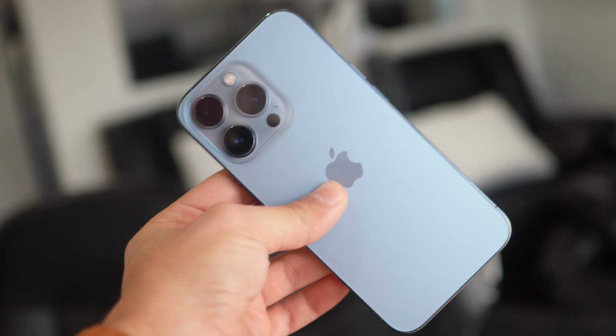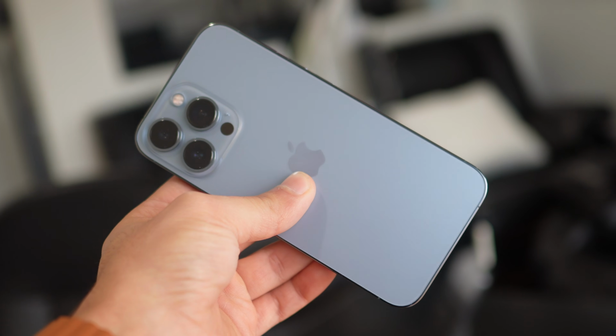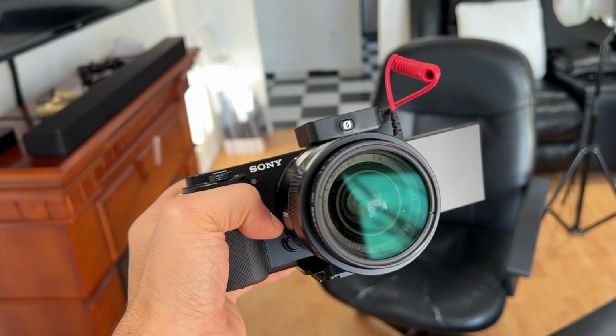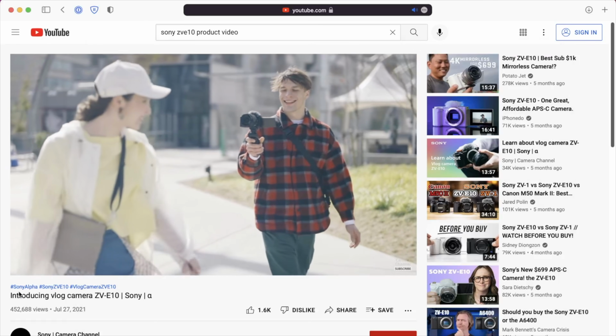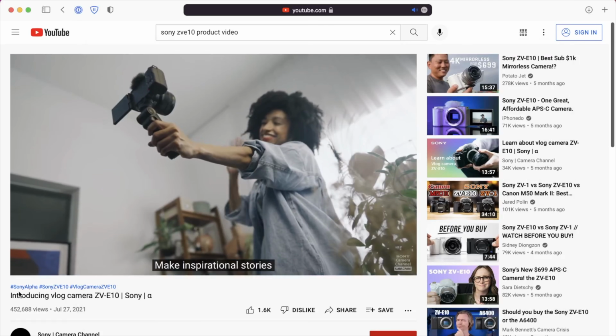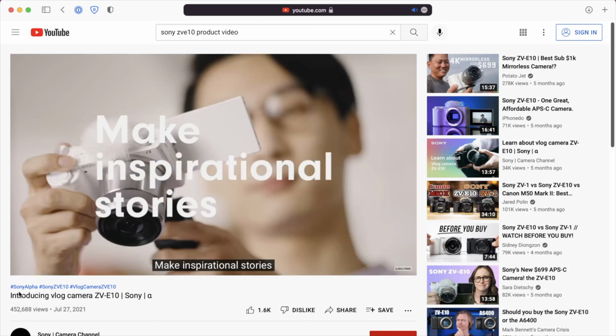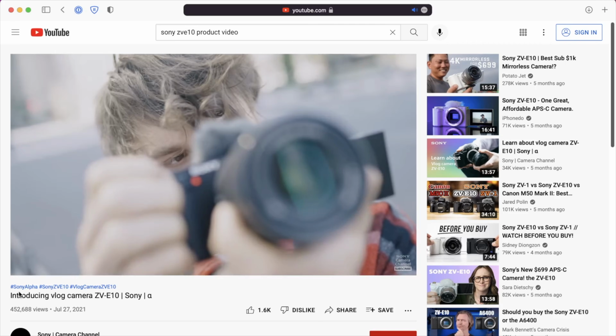With computational magic, the iPhone 13 Pro is closer than ever to replacing your traditional day-to-day DSLR or mirrorless cameras. My preference that I'm using right now is the Sony ZV-E10, a relatively new release from Sony tailored to the day-to-day content creator. In fact, their marketing pitch is so close to highlighting the TikToker or the YouTuber or the influencer of the day that their product page is just plastered with pictures of people holding it out at arm's